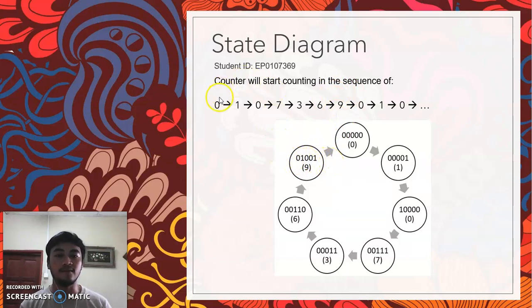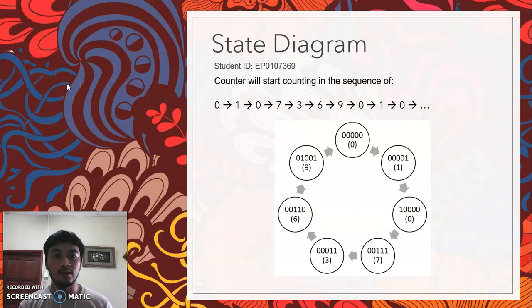Because of the repetition of number 0, we are using 5-bit binary numbers because we have to differentiate between these two 0s. The counter will repeat the same sequence. After this number 9, if we don't use 5-bit binary numbers, the counter cannot differentiate whether it starts from this 0 or this 0.